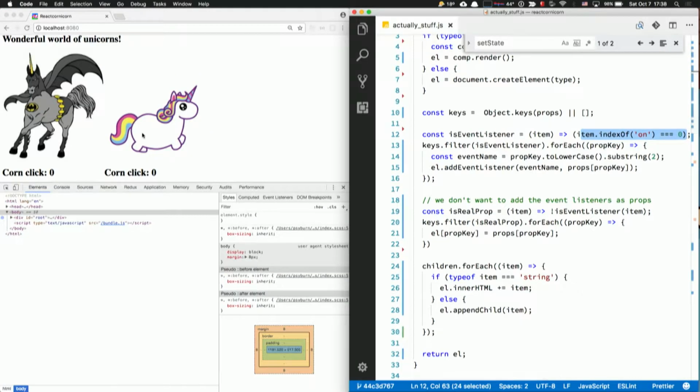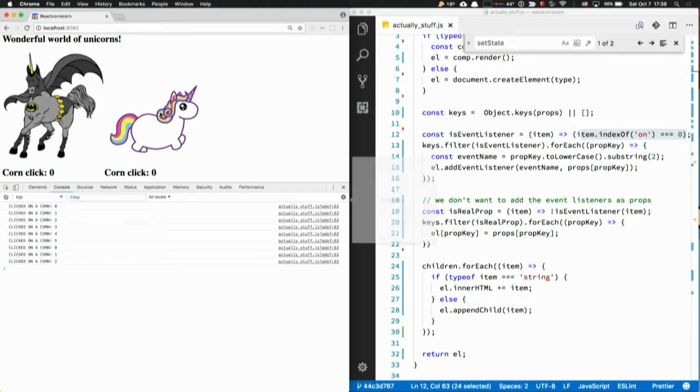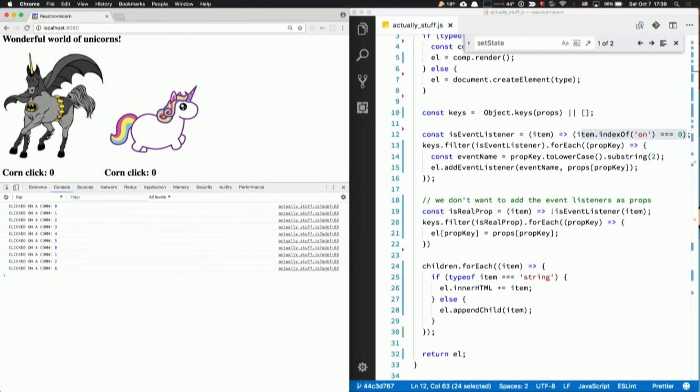We can see it. So go to the console and click corn, 1, 1, 1, 1, 3, 4, 5. If I click on this corn, it's 0, 1, 2. This is 6 again. Okay, nothing is being re-rendered now, but you see we have components which are separate, but the same, but have their own states. Okay, and how would I get this to render? Okay, let's go back to my talk.